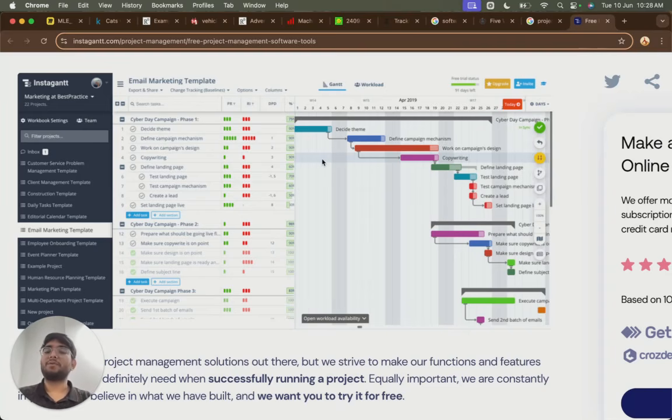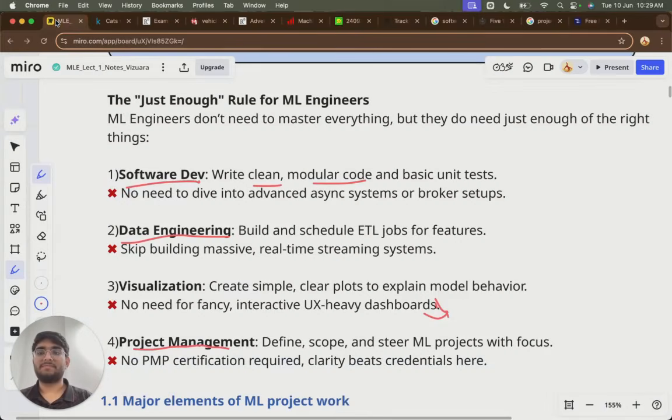These elements need to be completed by this day. I need to meet this team. I need to get the feedback from the business stakeholder. You should think about all this. So this is how you should plan this journey, and then you get just enough of the role for this MLE, and you need not master all this.